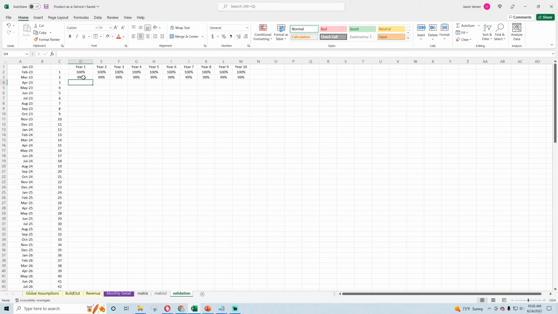So then here I do a calculation where it's max of this minus this minus that, and we lock the top two because it's just a linear depreciation of customers, and I want the max of that or 0.